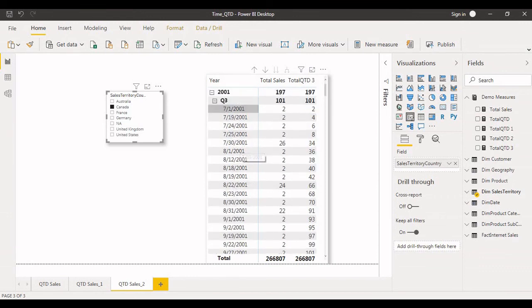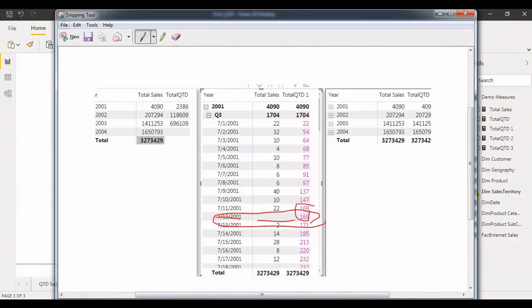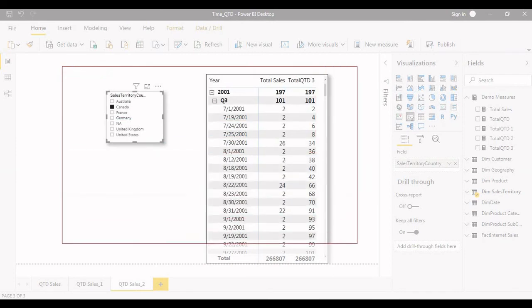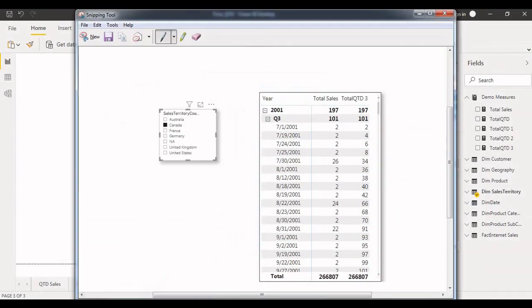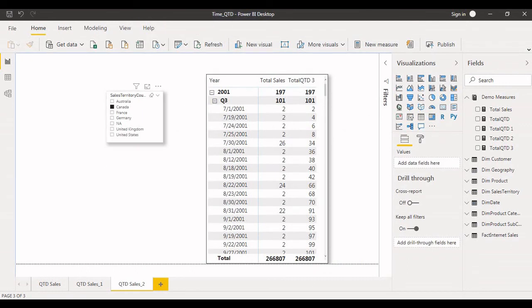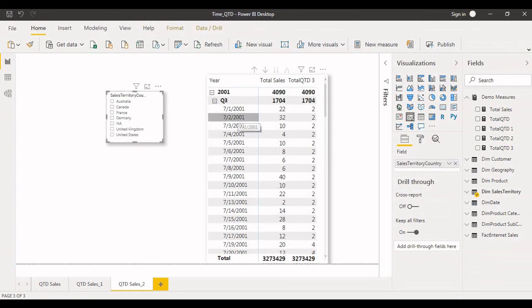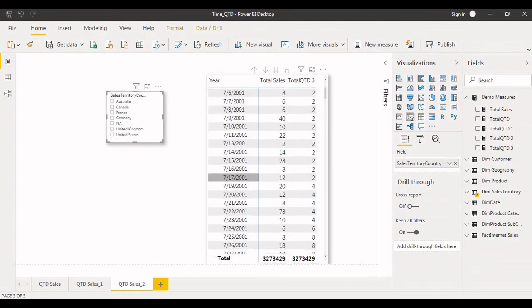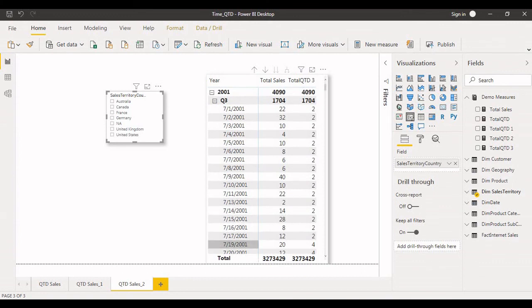For example, if we see 7/1/2001, 7/19/2001. All right, let's take the snipping tool. 7/1 and 7/19, only these two dates have sales. But if I did not select Canada, we can see up to the 18th we will see only 2 2 2 2, because we don't have sales for Canada.